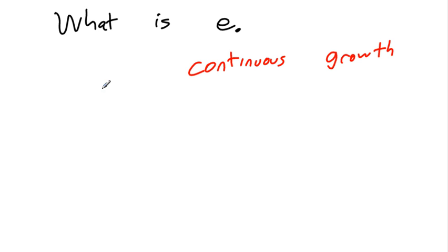Well, in a continuous growth, you would start with something, and it's continually growing just a little bit. And this actually makes more sense when you think about money. So let's talk about money for a second. If you were talking about interest on money,